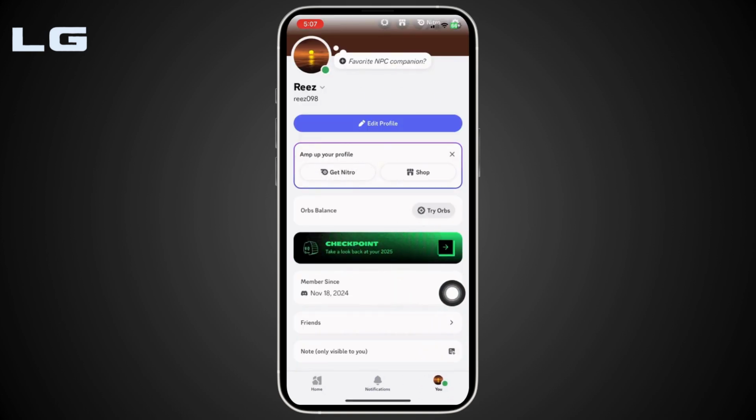Now, here you're gonna find this option of checkpoint at the center of the page. If it appears, tap it immediately. This will open your full 2025 Discord wrap style recap, showing your activity, interactions, server engagement, and other personalized stats